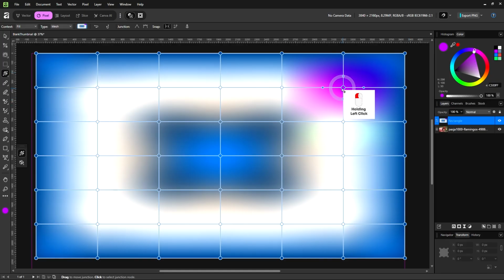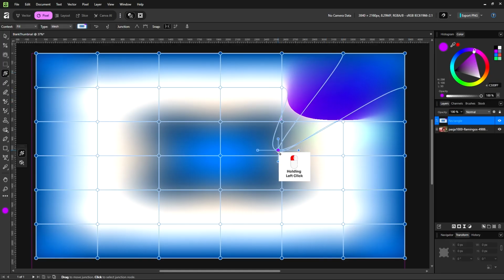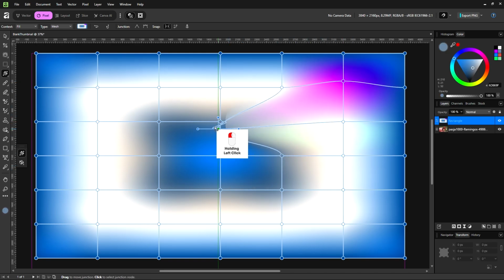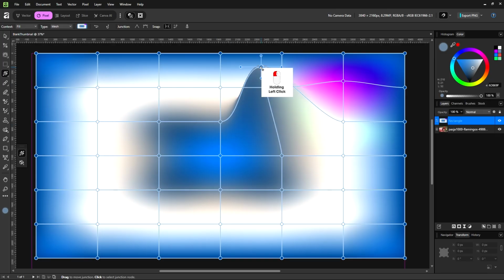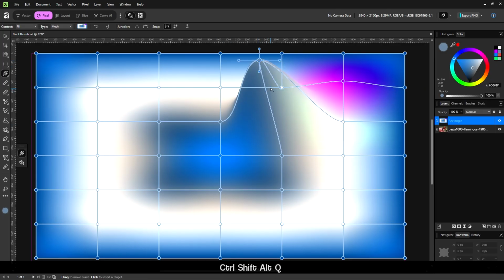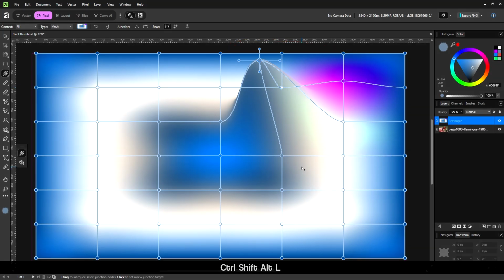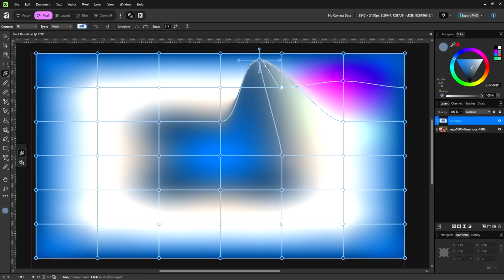But they are all connected with all these other nodes and stops. And you can drag them around. You can also make this like mountain effect by just dragging one of the nodes really high up.